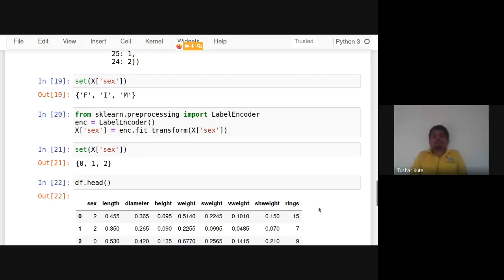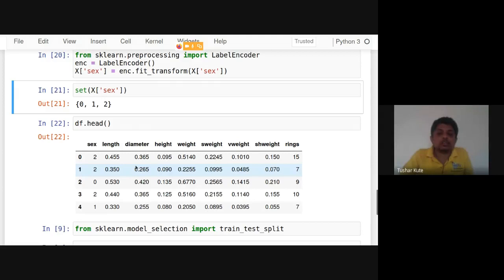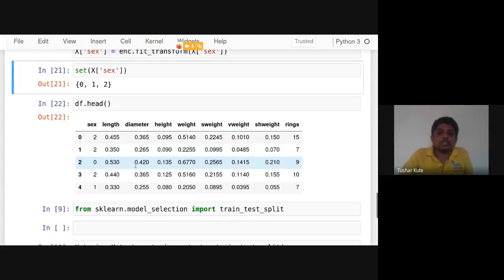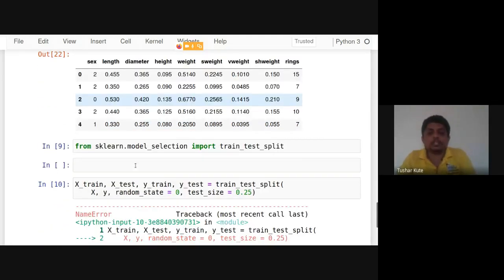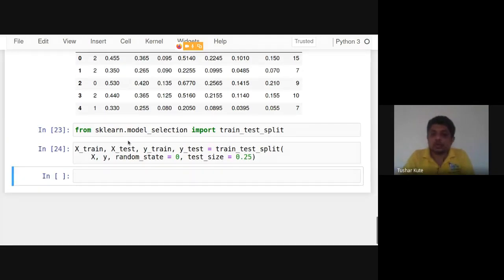And now we are ready to split the data into training and testing format. Okay, is it done? And now after this is completed, we are going to do the train test split. Yeah, this is the main step we will be following now.